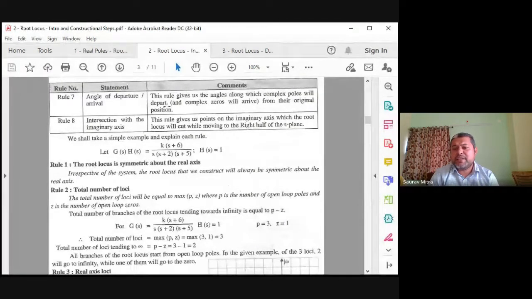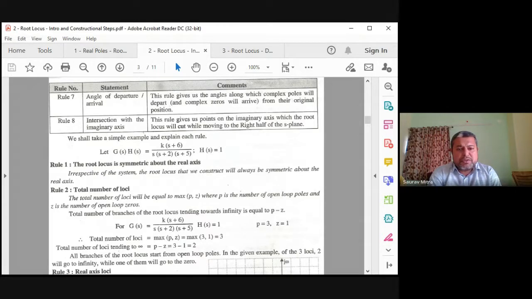That is, initially for k equal to 0, poles were at this position, then the breakaway point happens at this value of k. Then we increase the gain further, and at this value of gain, let's say 140, it is called k marginal. That means here we find that the roots are on the j omega axis. So this is the highest point of stability, which is called marginal stability. For gain more than 140, the poles are going to enter the right hand side of the s plane, and the system is going to be unstable. So such a small paragraph we have to write, which I call step number 9, and that's it.